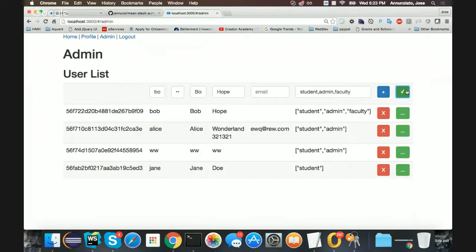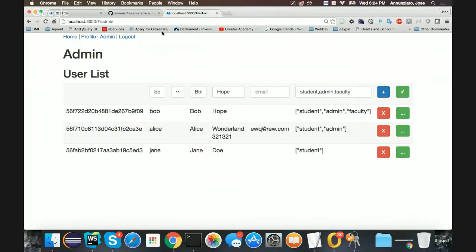I believe in the assignment I asked you to do something similar for the emails, where you have a list of emails. On the client, that's just a comma separated string, but when it's represented on the server, it should be represented as an array of strings, as opposed to a comma separated string. You should look at the code. We'll look at the code a little later to see how this is done. Also, only an admin can remove an existing